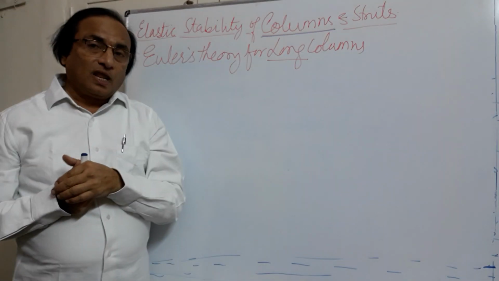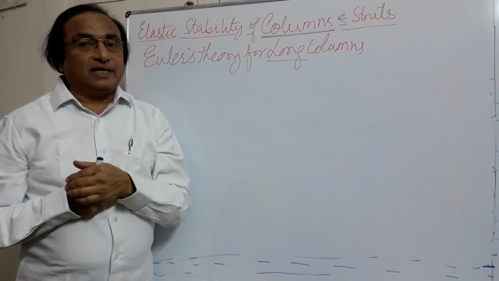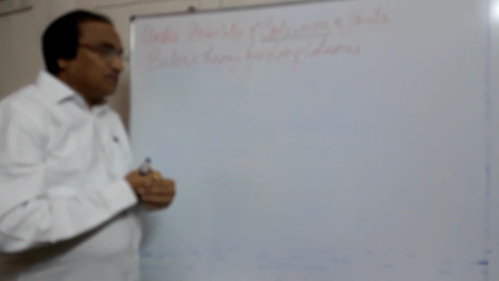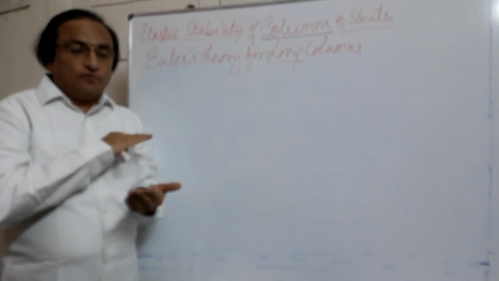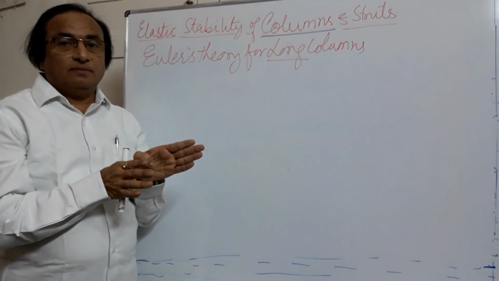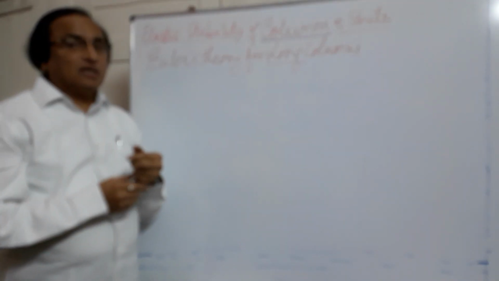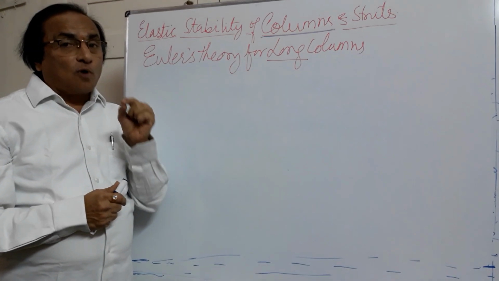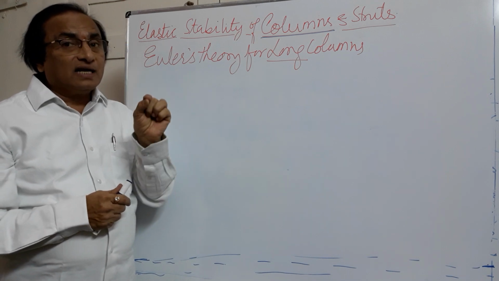This is one. Then the Young's modulus will remain the same on the compression side and the tension side. So these are some of the assumptions which are made. And another important assumption is the cross section of the column is uniform. If you go on cutting the column, the cross section will remain the same throughout from top to bottom. No variation in the cross section. So these are the assumptions. Based upon these assumptions, he has gone for the derivation of the formula for columns with different end conditions.